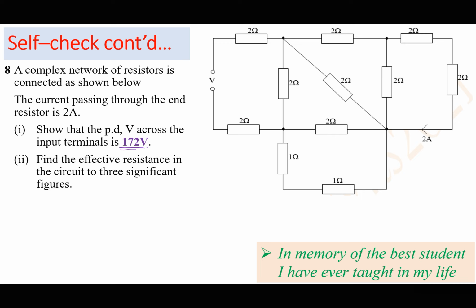It is just for practice, not for examination purposes, but you should be able to show that the PD is 172 using the previous example I've just done. Then you find the effective resistance in the circuit to 3 significant figures. So of course, if you have the EMF as 172, by the time you reach 172, you'll have the total current. Because in the previous example here,